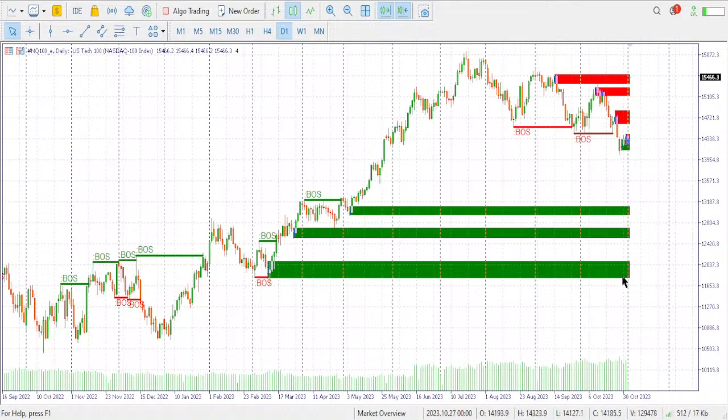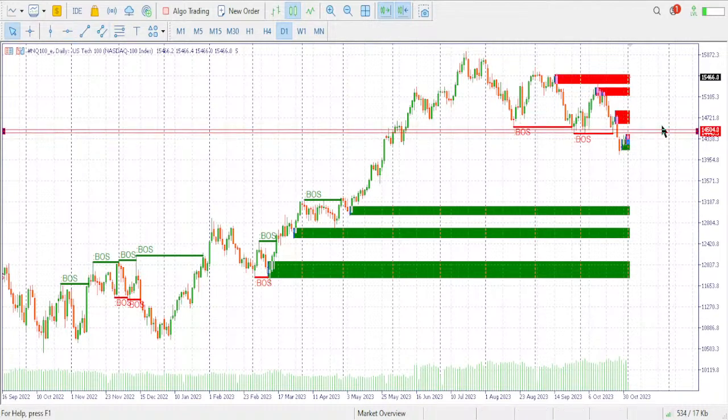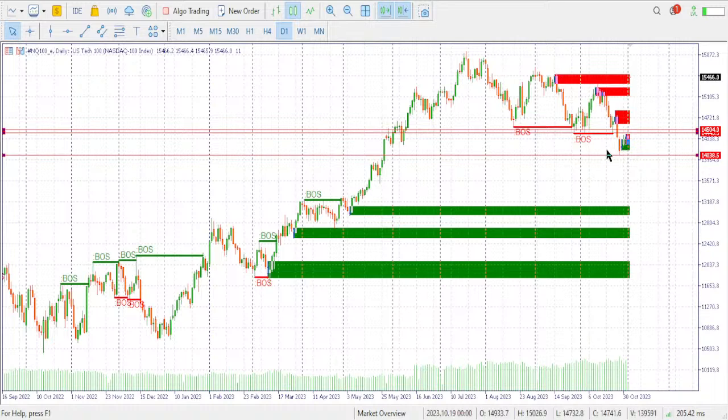So as it is right now on this chart, it looks like the price has descended below a very good support zone. We have a very good support zone here. At the same time, we have a very good support zone here. So if you don't pick a sell within these two red lines, then expect a break and a close below this line, 14038.5. If the price descends and closes below 14038.5, below this level, then expect it to extend downwards towards the next level, which is this one here,